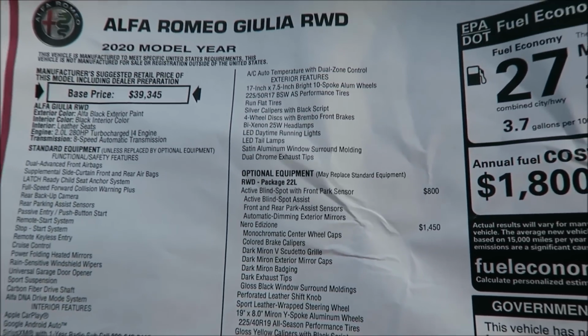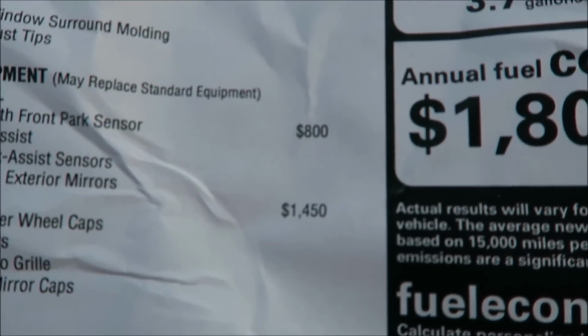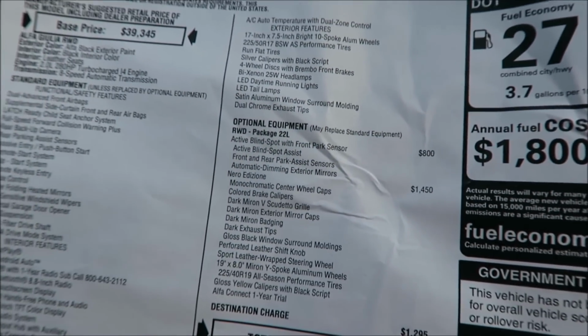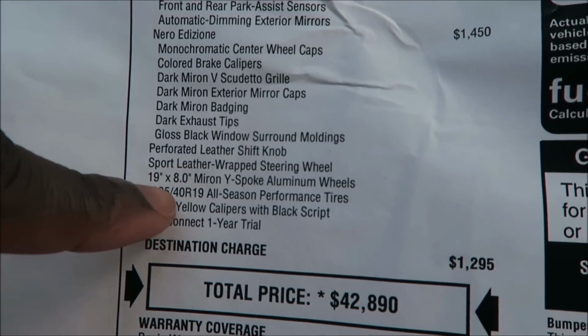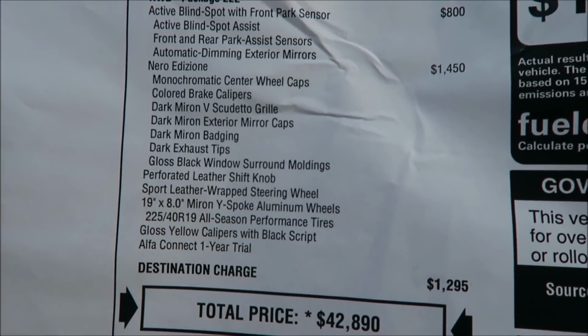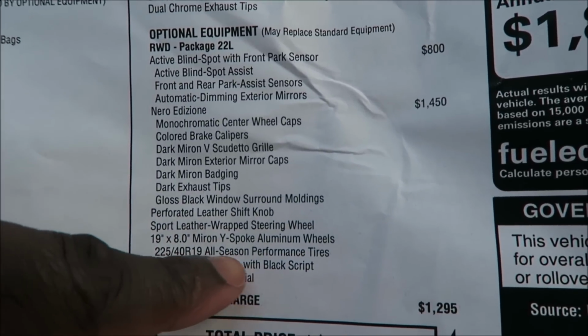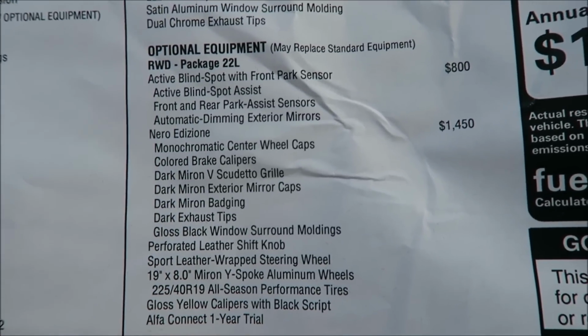So with that, you also have the Nero Edizione package, which I explained to you guys is a blackout package at $1,450. Now, the blackout package just doesn't black it out, but remember those wheels I talked about? Well, you do get the 19-inch dark metal wide-spoke aluminum wheels, all right, that helps that price. You also get the gloss yellow calipers with the black script there, and the blackout monochrome center caps,